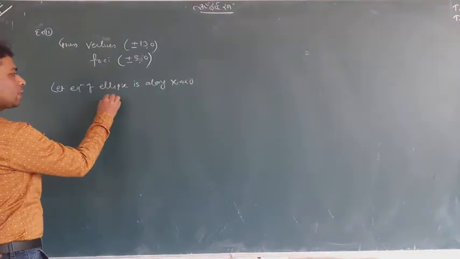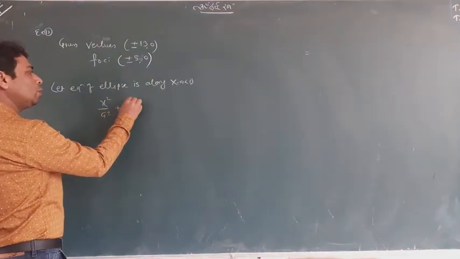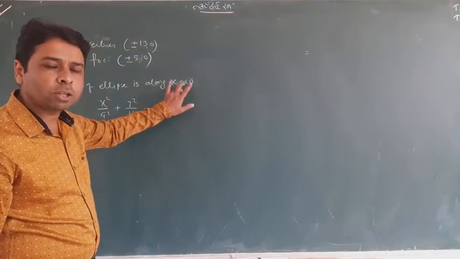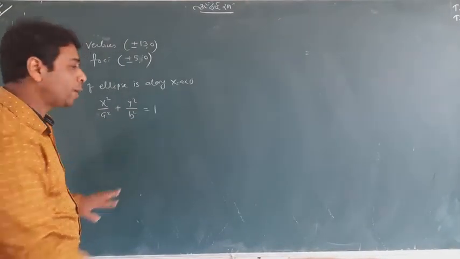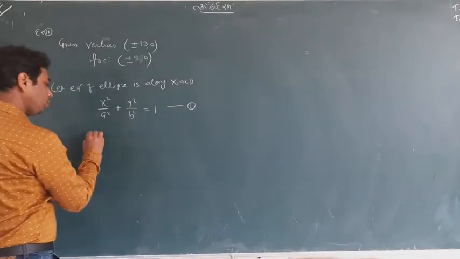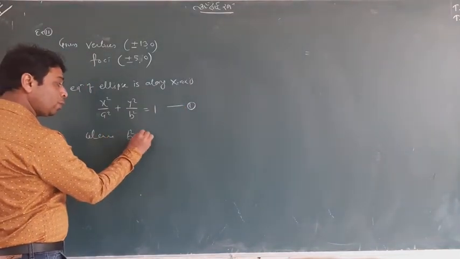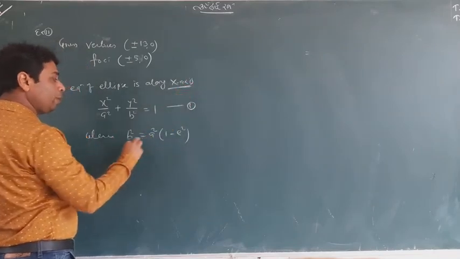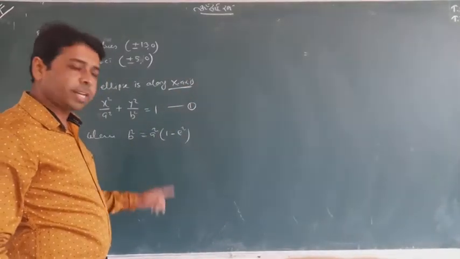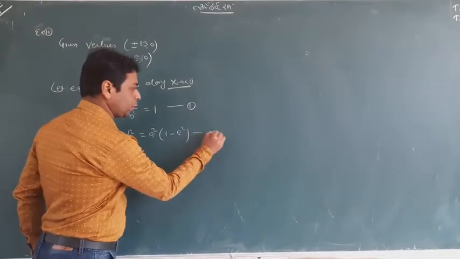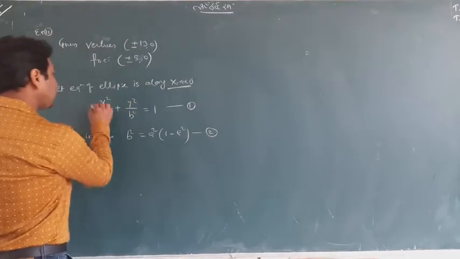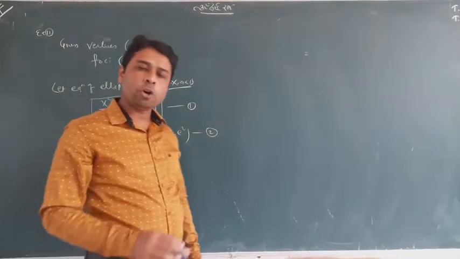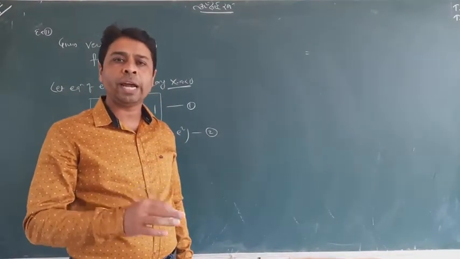Okay, so the answer is x squared upon a squared. You know, the formula is the same along the x-axis or along the y-axis, but very important, b squared equals a squared, 1 minus e squared. Why? Because it is along the x-axis now, so b squared will be defined that way. That's a very important thing. This is the second equation. Now, students, keep in mind that this is your answer, but a and b are still unknown. So your main aim is to find a and b.